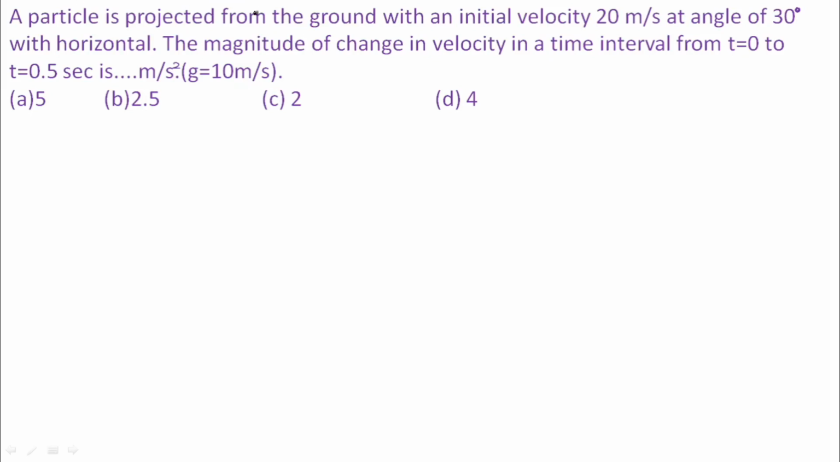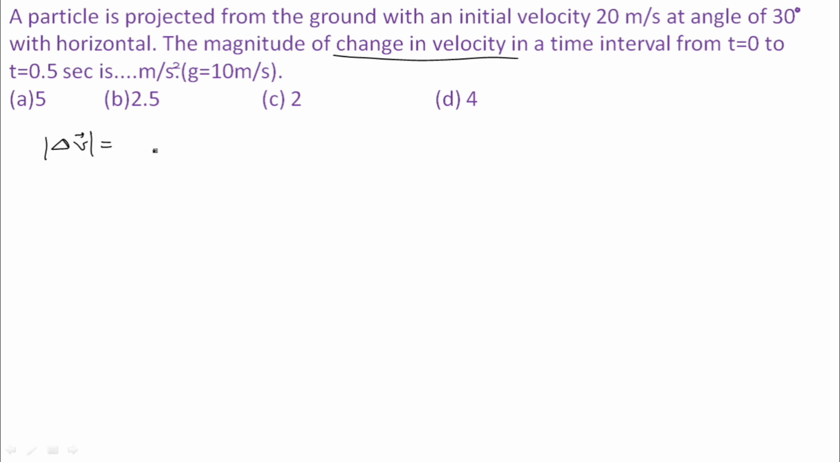A particle is projected from the ground with an initial velocity 20 meter per second at angle of 30 degree with horizontal. The magnitude of change in velocity in the time interval from 0 second to 0.5 second is blank meter per second square. In this question, we have to define change in velocity. The final answer is in terms of magnitude, so we will define the magnitude of delta v